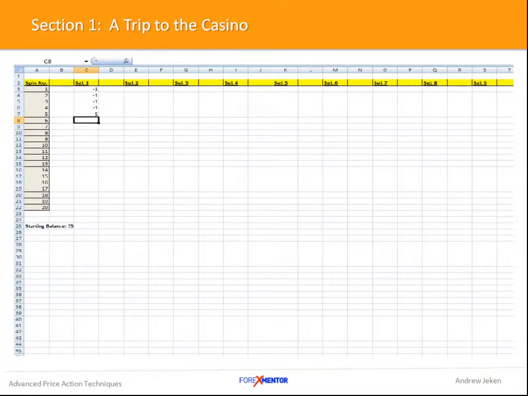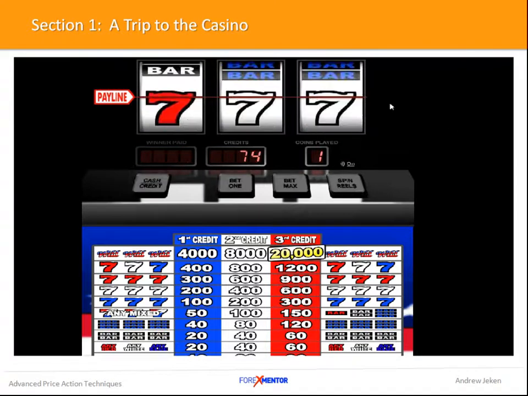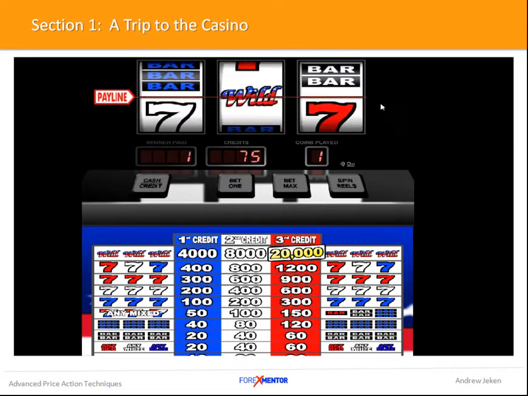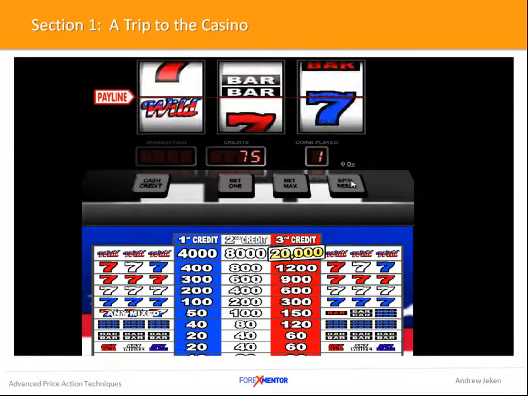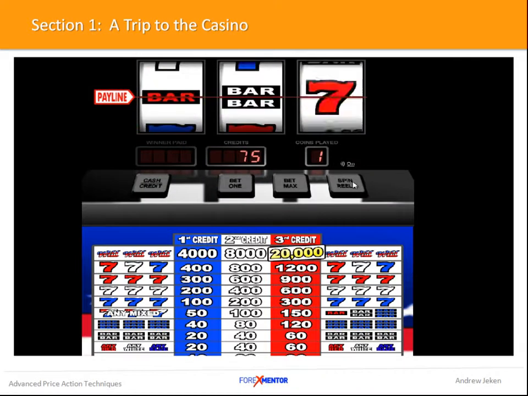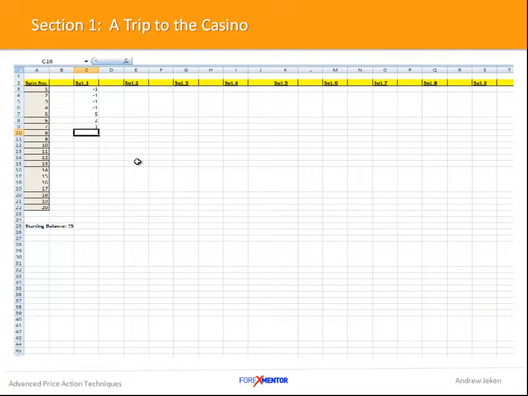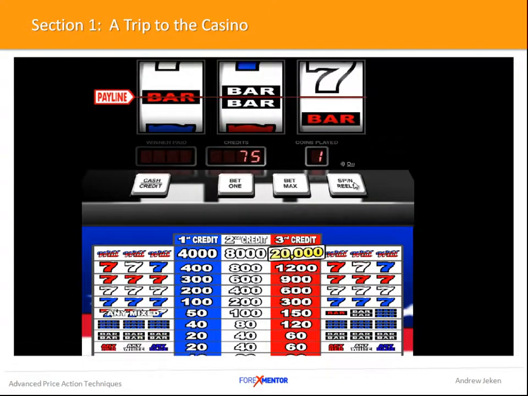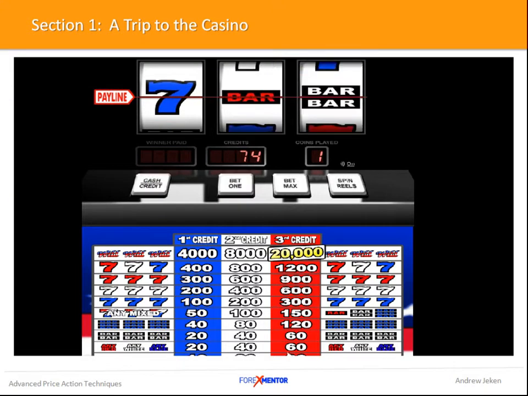As I said, there's really no difference from what I'm doing here, except we're in a controlled environment. We're betting $1. In this case, we've won $2. So that's spin 6. We move on to spin 7, and you can see we've just had another loss, so we just fill in the data. Spin 8, and another loss.